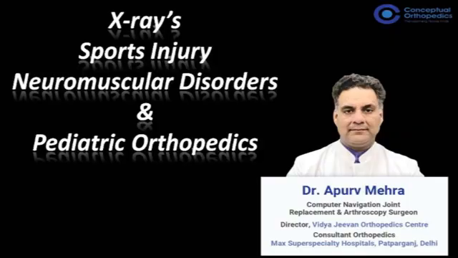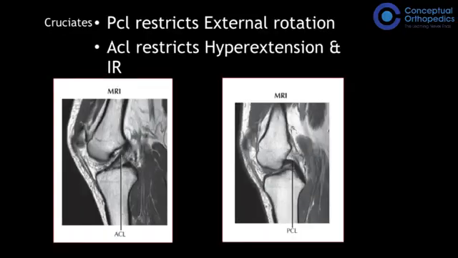Hi friends, let's talk about the knee sports injury. Knee injuries usually occur on rotation on a flexed knee, and the injured structures are usually the ACL, medial collateral ligament, and medial meniscus. Now, an MRI is a very important tool, and we can clearly see here that this